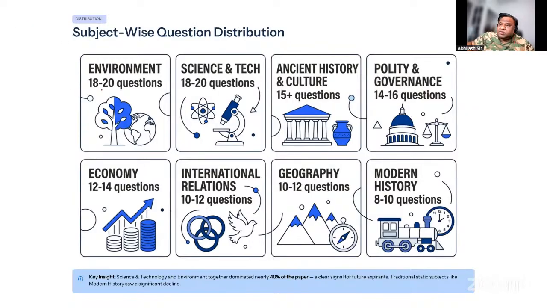So coming to the breakdown of questions, ये मेरे question breakdown के pattern हैं, you can have a different kind of numbering, but मैंने किसको environment section में डाला, मैंने किसको science and tech में डाला, basis on that I would say that environment was around 18 to 20, science and tech 18 to 20, ancient culture and history around 15 plus questions, polity and government around 14 to 16 questions, economy 12 to 14 questions, IR 10 to 12 questions, geography 10 to 12 questions, modern history around 8 to 10 questions. तो we see that थोड़ा सा ज्यादा वेटेज इस तरफ आया है। और दो-तीन क्वेश्चन एथिक्स के टाइप के भी थे, जिनको मैंने पॉलिटी एंड गवर्नमेंट में डाल दिया।